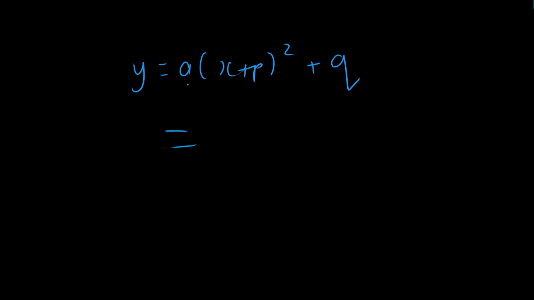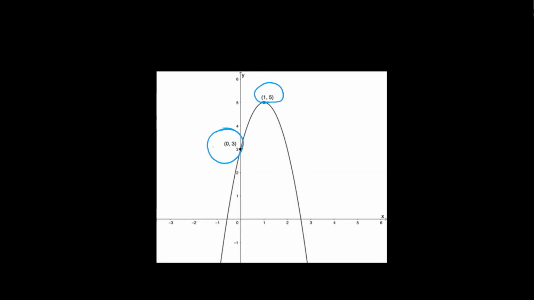I don't know what A is, so I need to find that. So I'm going to leave A there. I'll put P in as -1. Remember, you change the sign. And Q is 5. And then to find the value of A, all I will do is substitute that value